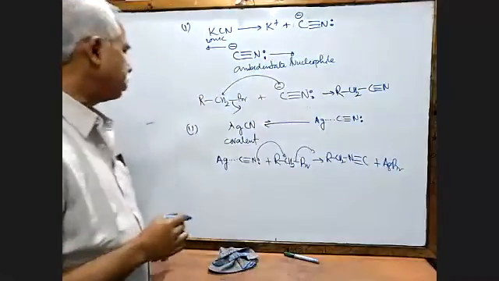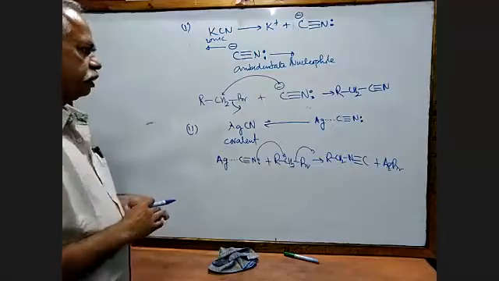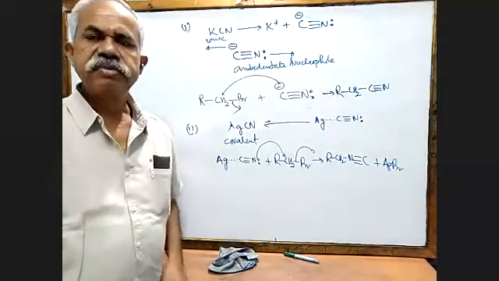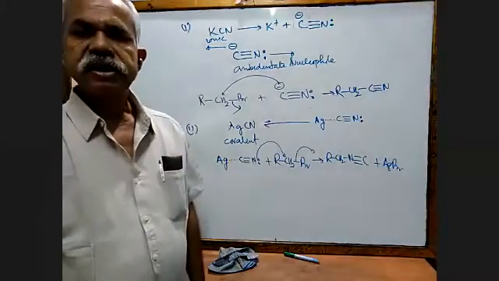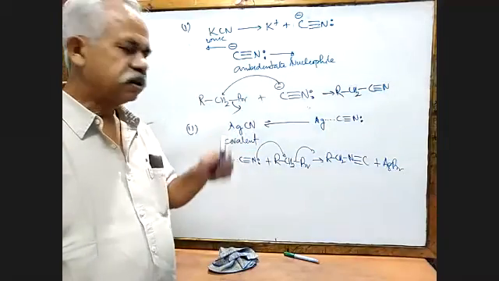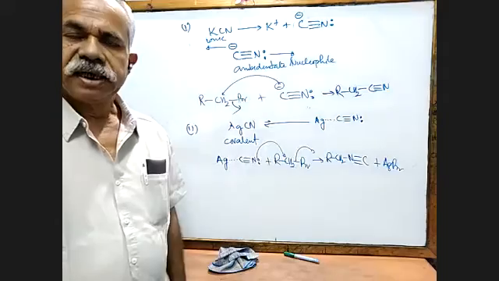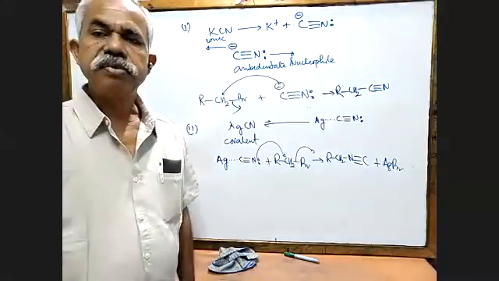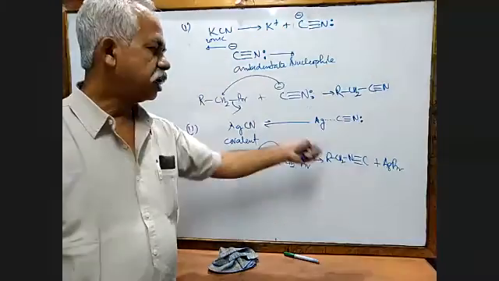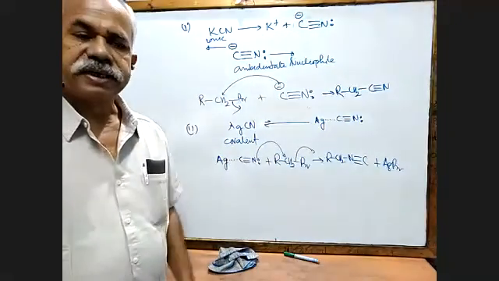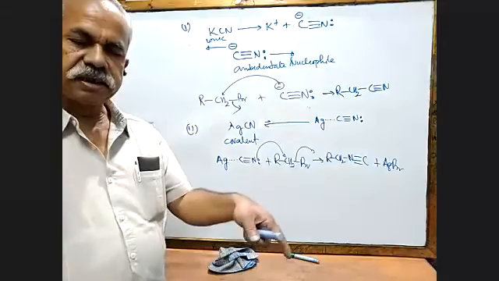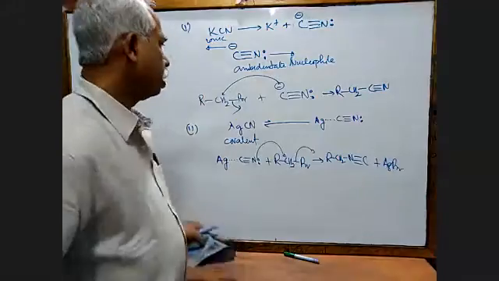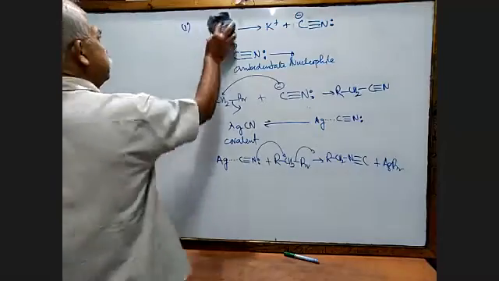This is important for your exam. They may ask you, why does it happen? So in that case, you will write: the silver cyanide is covalent in nature. In that case, the cyanide ion is not free, and the lone pair of the nitrogen takes part in the nucleophilic substitution reaction, resulting in the formation of isocyanide. Is everything there in that? Copy that note I have sent. From there you can write. All right.